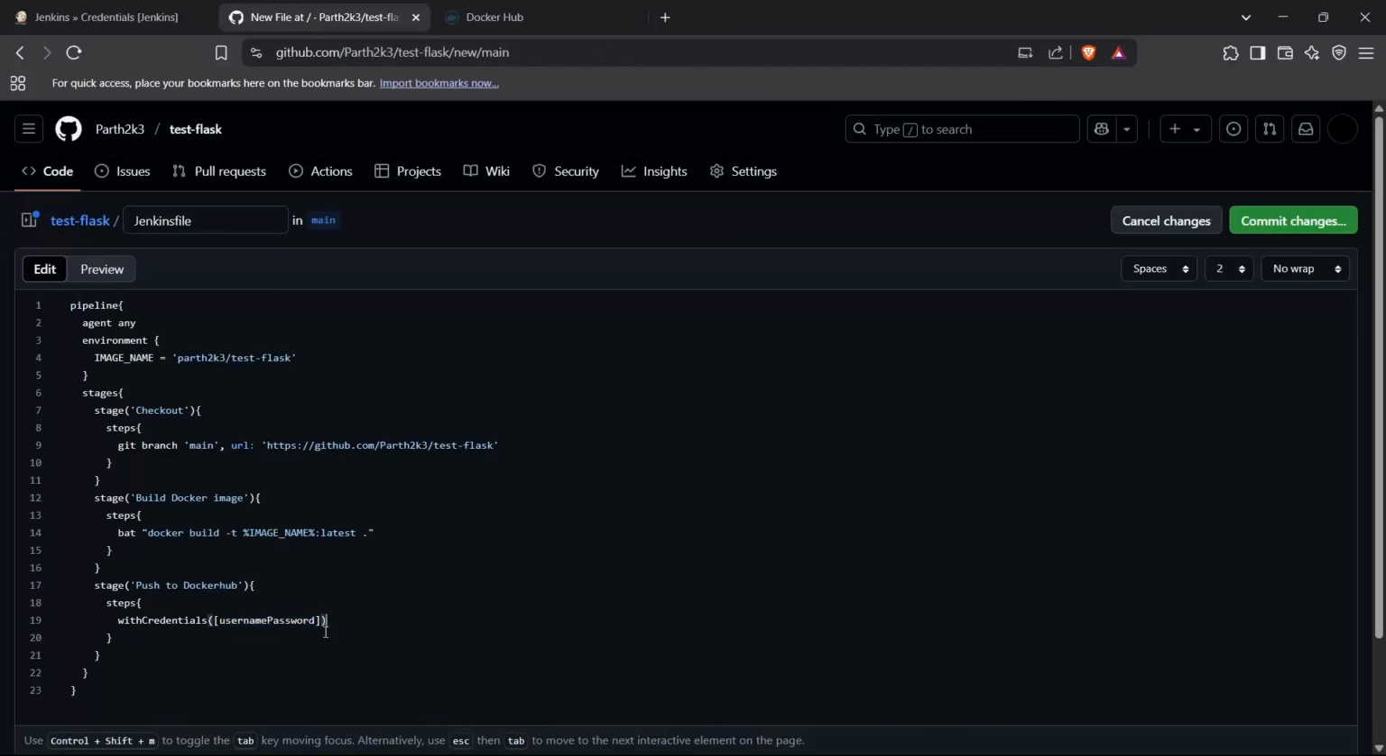All right, so after the username and password, we can declare our credentials ID. I'm going to pass the name of my ID, which is Docker, and then I'm going to pass the username variable,